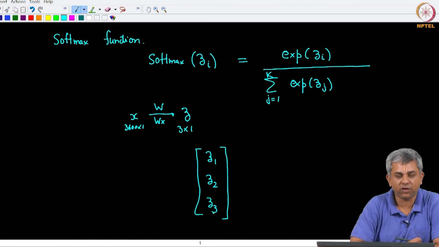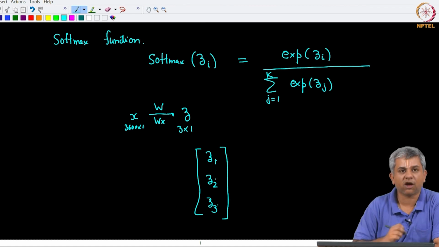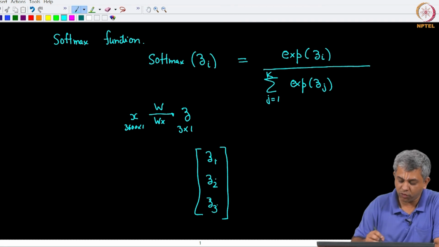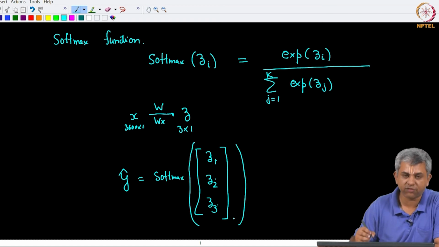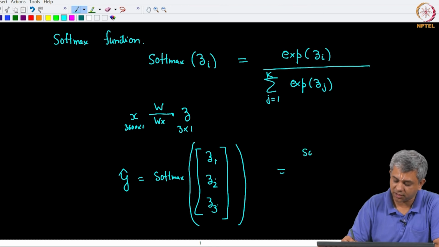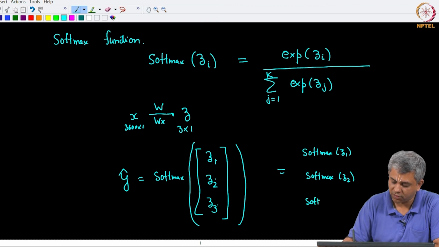Our problem of course is z 1, z 2, z 3 are not between 0 and 1. So, we say y hat is equal to softmax of these 3, which is the same as softmax of z 1, softmax of z 2 and softmax of z 3.